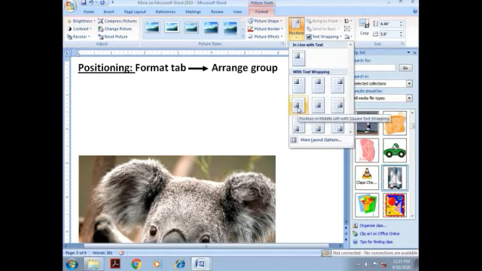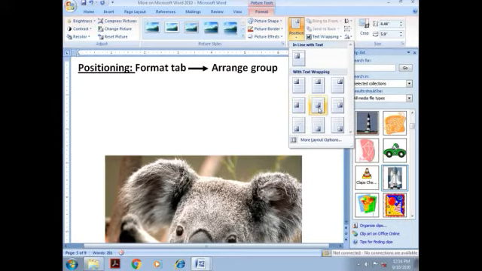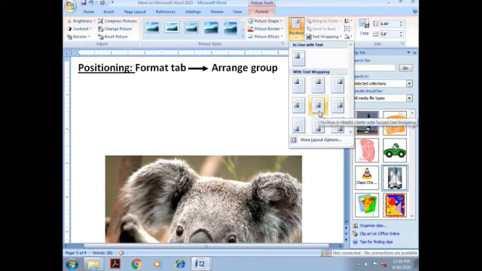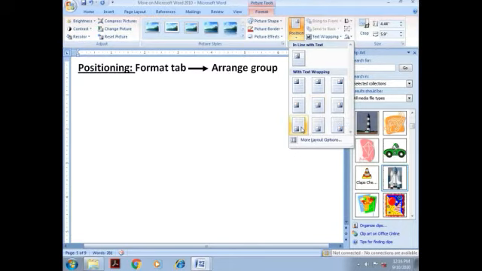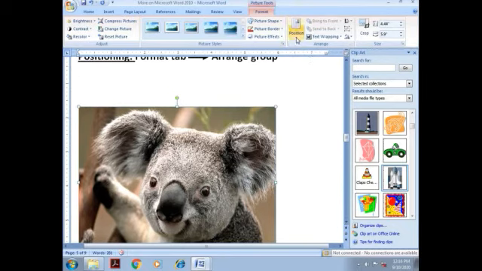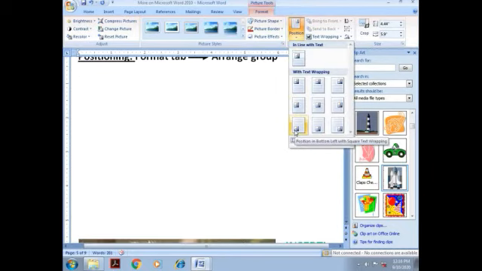It is available in Format tab and Arrange group. 9 options are there. Wherever we want to keep the picture, according to our requirement, we can choose the position.